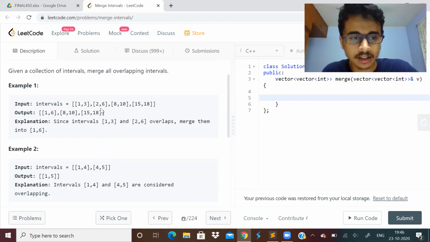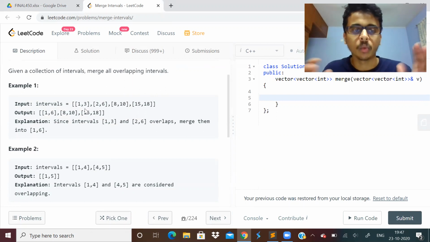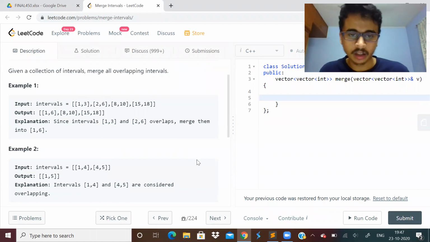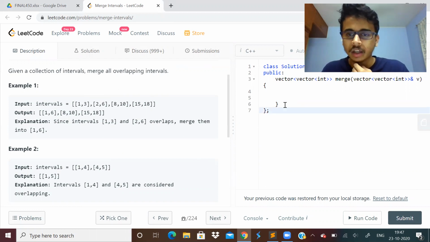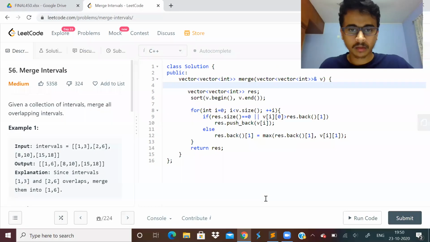Intervals are like this. So you can see interval 1, 3, 2, 6, both of them are merged as 1 and 6 because they are overlapping. So what is the best solution for this? I'll write the code and I'll tell you.